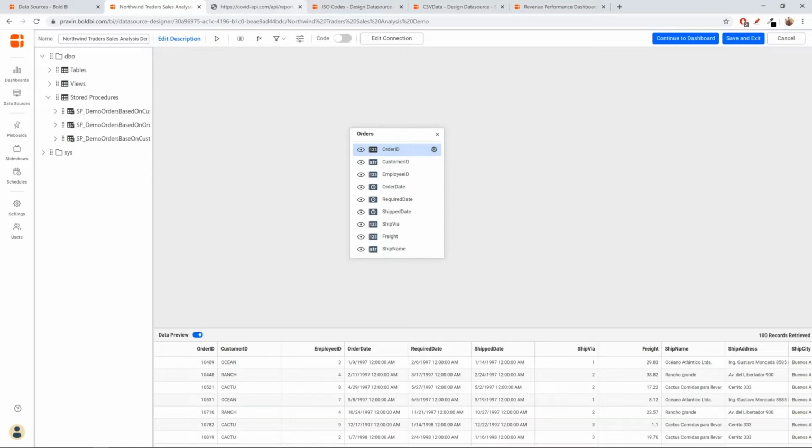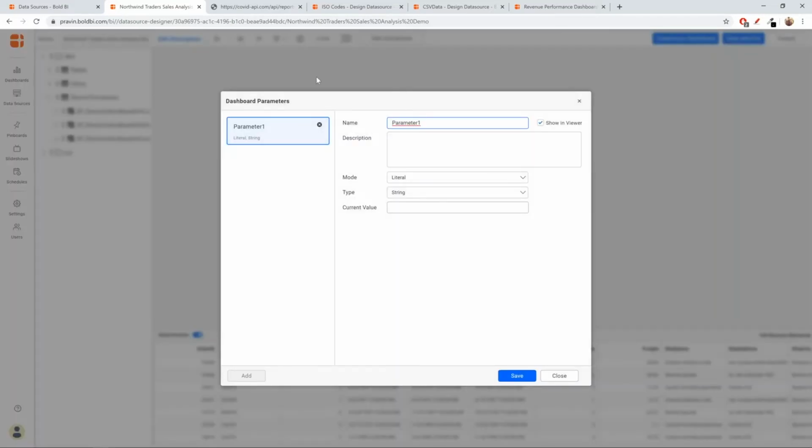Okay. So on the toolbox, you'll be able to see the dashboard parameter option at the top. Once you click this, it will open up the dashboard parameter option where you can define the parameter. So for now, I'll just add a parameter, say customer ID. And if you want a description, you can add that. We also have an option that says show in viewer. This is enabled by default, and when it is enabled, you can change the value of this parameter in the viewer, which I will show now. But in case this is disabled, anyone who views the dashboard will not be able to change the value of the parameter. They'll just see a static dashboard.